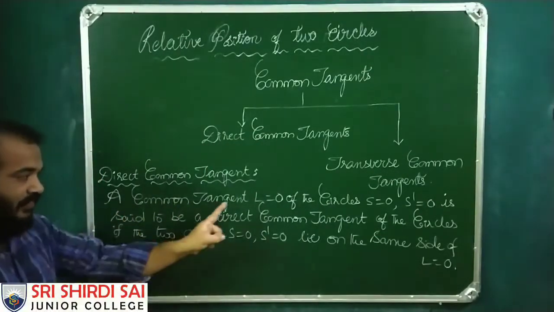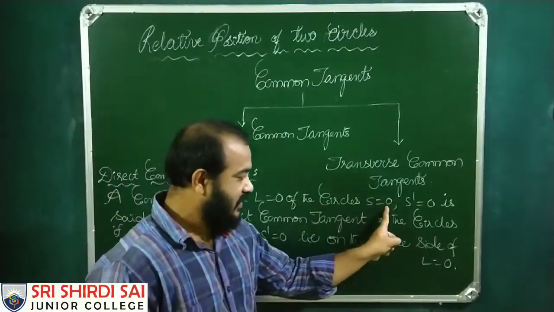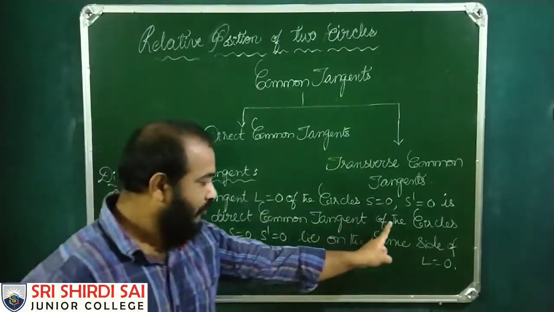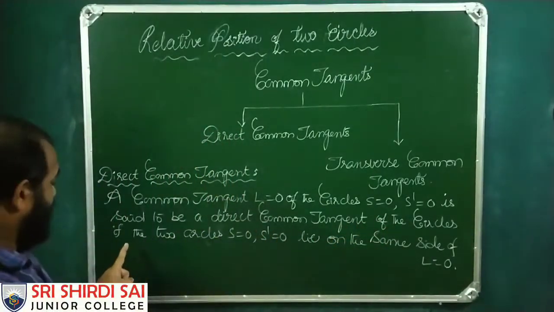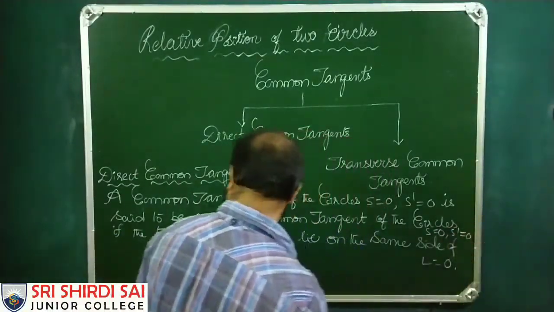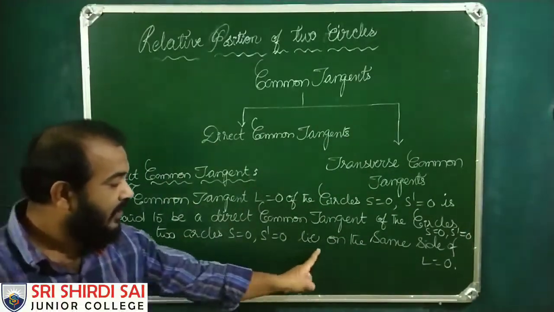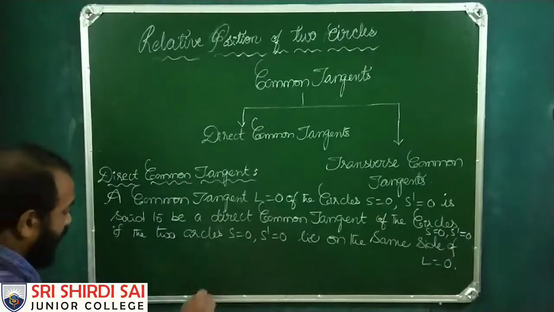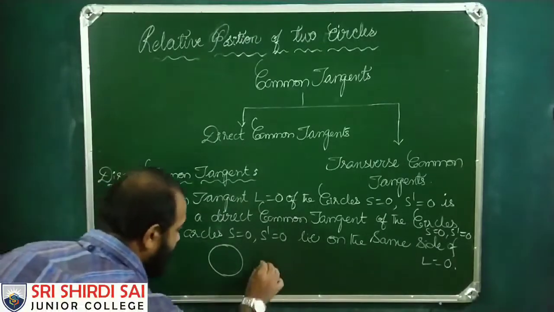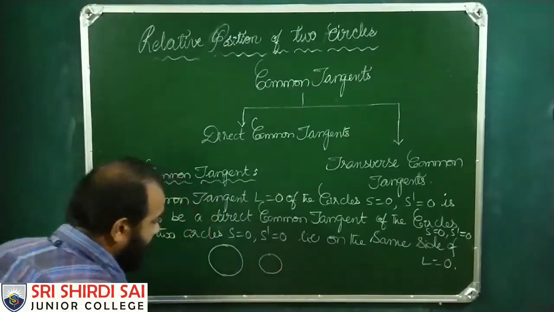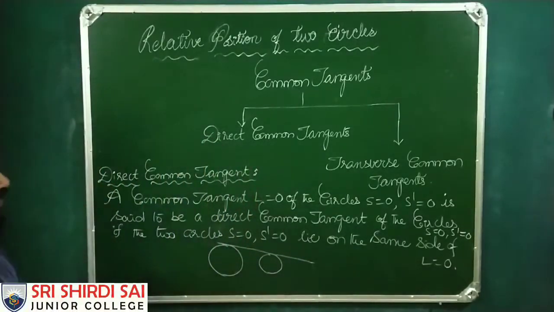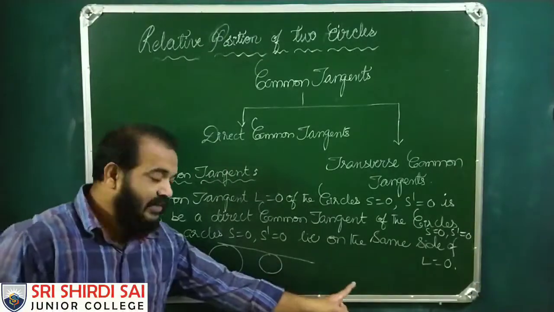A common tangent L equals 0 of the circles S equals 0, S dash equals 0 is said to be a direct common tangent of the circles if the two circles lie on the same side of L equals 0. That means let us take two circles. This is one circle and this is another circle. So this line is a tangent, as we have discussed before. So this line touches